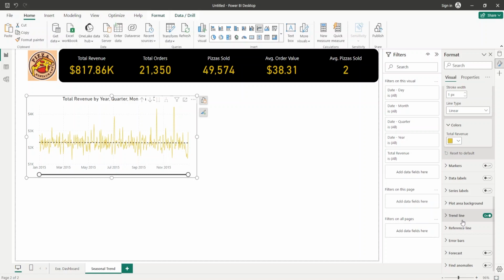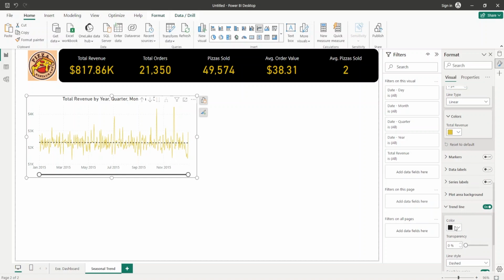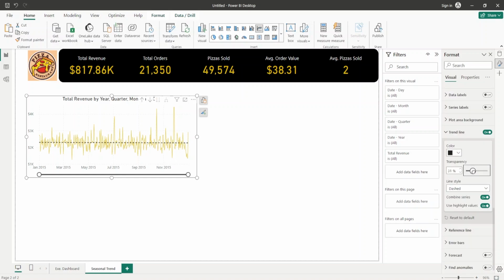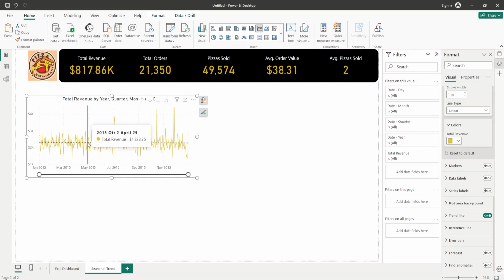So if we click on the trend line, you can see the trend is almost constant throughout the year. There is not much change in the sales or the revenue of the pizza restaurant. So we can change the transparency level of this trend line so that it doesn't merge with our existing chart. So it's looking perfect. By this, we have added a trend line to our